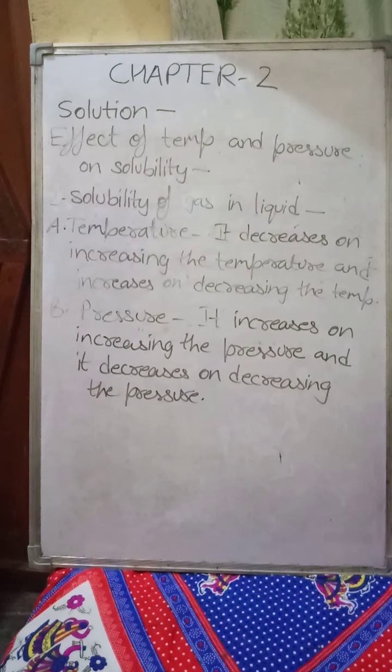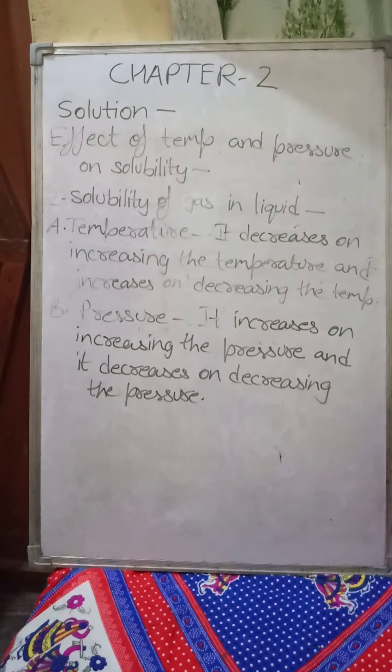In case of the cold drink, carbon dioxide is mixed with the cold drink, and when you open the bottle, you see the bubbles coming out. There is a fizzing in the bottle. Why is the gas coming out? Because it is pressed with pressure, and when you open it, you are releasing the pressure. Then the bubbles come out of the solution. The solubility of the gas decreases, and therefore it comes up from the solution.